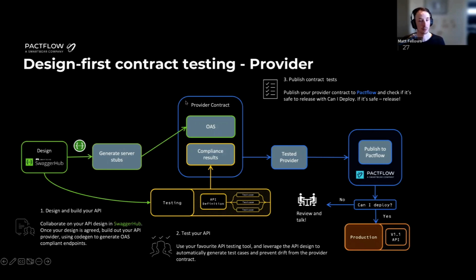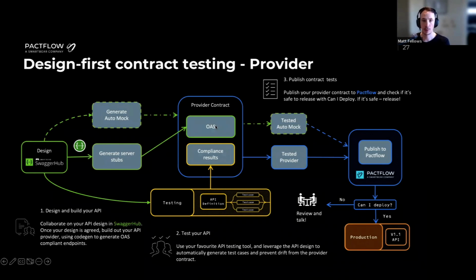And if it doesn't pass, we should go and review what happened and find out, have a chat with the other team and have a communication session, really enabling the communication session. We're going to cover what contract testing looks like in a bit more detail later. So we'll dive right into that, so we can just gloss over the high level detail for now.